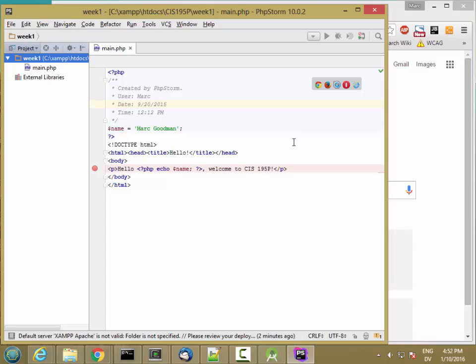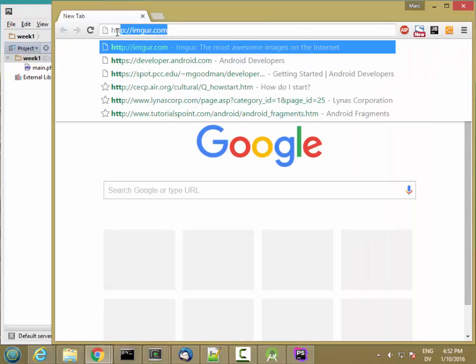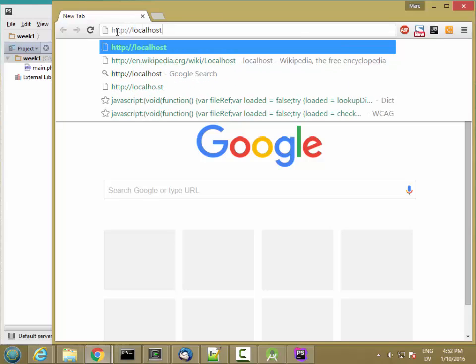So depending on the order that you installed things and exactly what was on your system, you may not have the run button working at the moment, the run button inside of PHPStorm. And that's okay, assuming you have your debugger configured correctly and everything else is working, because you can go to the browser and you can navigate to http://localhost